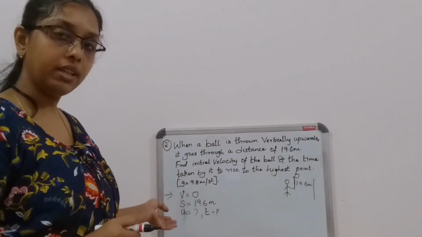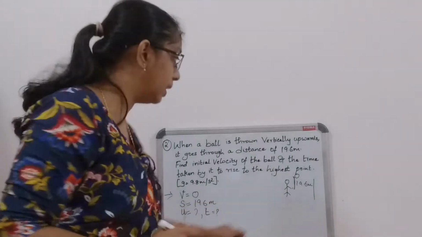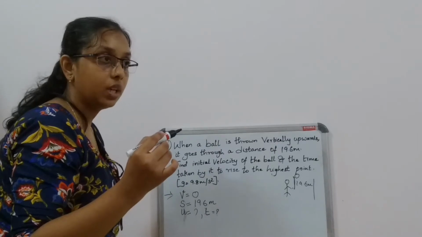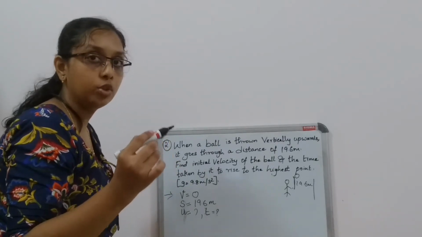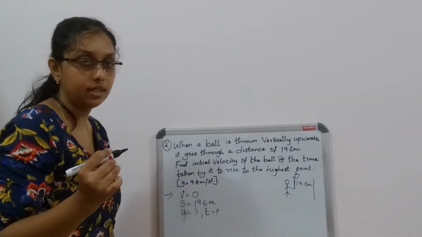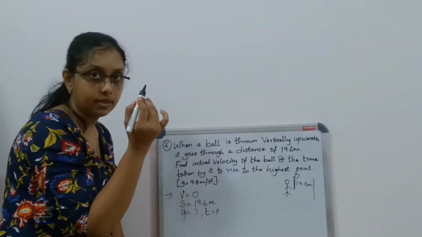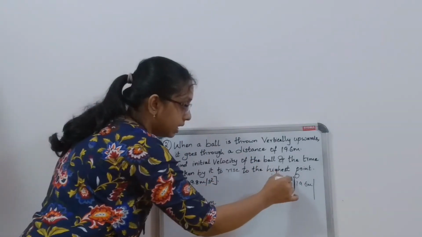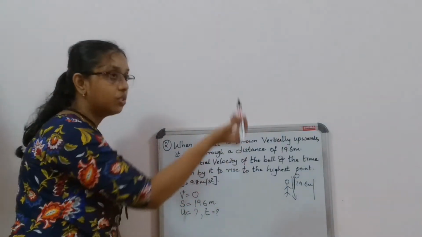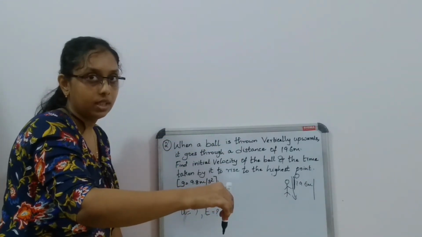Given this final velocity and distance, they have also given acceleration due to gravity. Here you see our equations have v square is equal to u square plus 2as, v is equal to u plus at. a is acceleration due to gravity here, isn't it? But here you see the ball has gone to a certain height, and then due to gravity it comes down. It accelerates to a certain point, and then it retards due to gravity, isn't it?